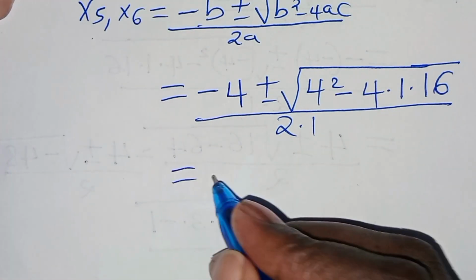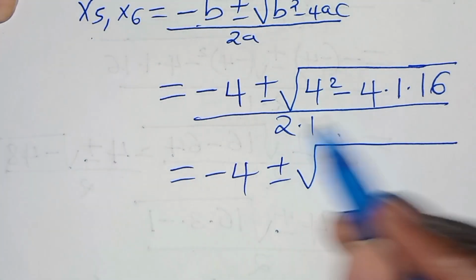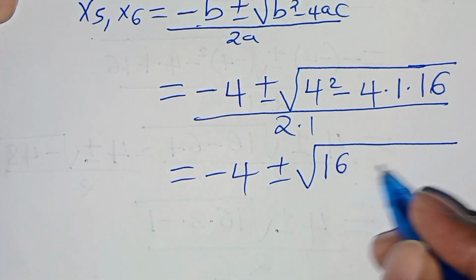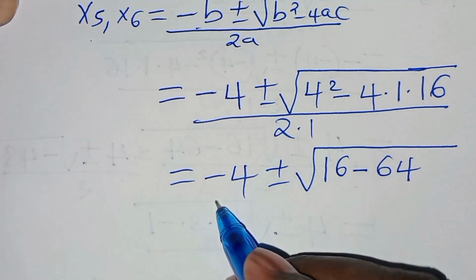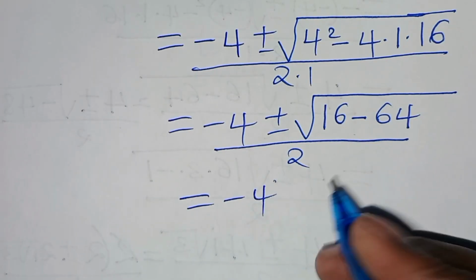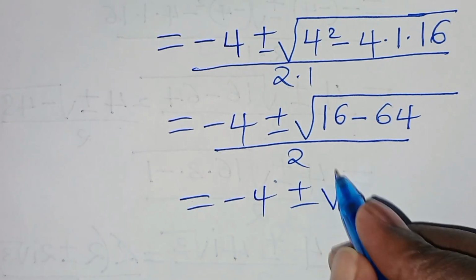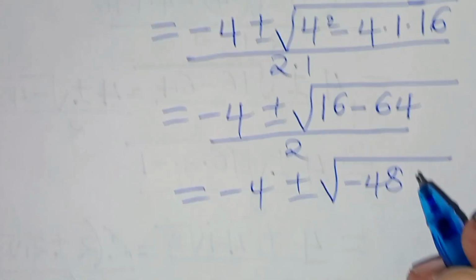So this is the same thing as minus 4 plus or minus the square root of 4 squared, this is 16, minus 16 times 4, this is 64, divided by 2. So here we have minus 4 plus or minus the square root of 16 minus 64, this is negative 48,